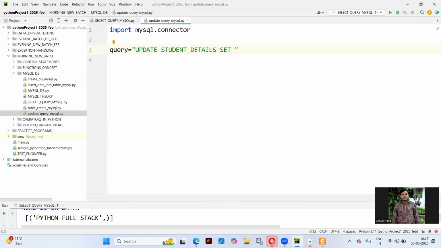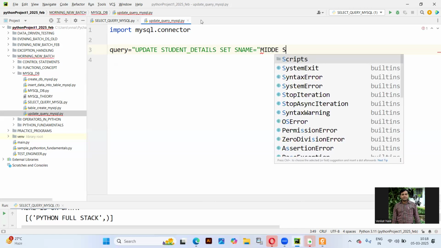What do you want to update? Let's suppose student name. There is a Srini, right? Whose SID is 502. I wanted to update